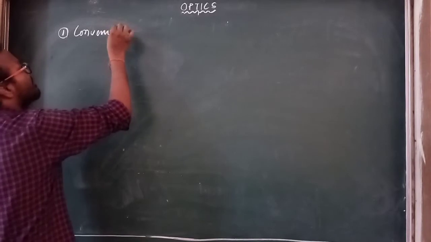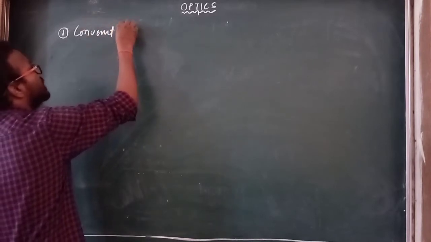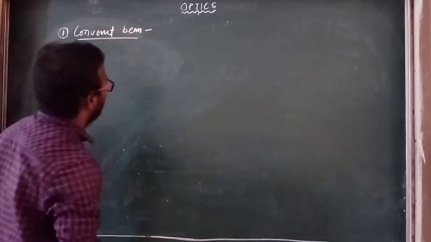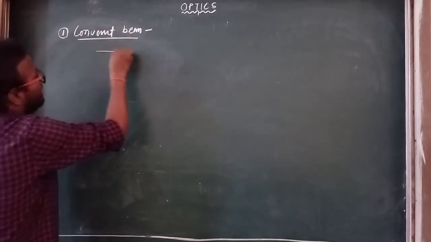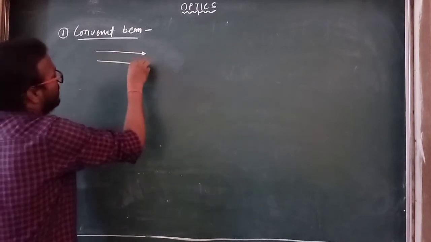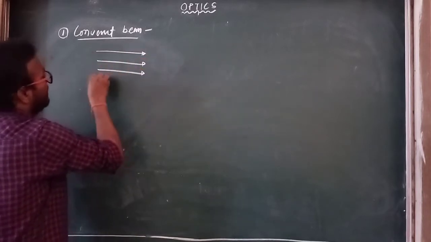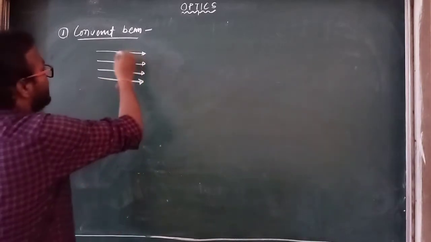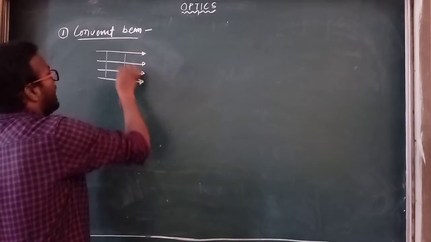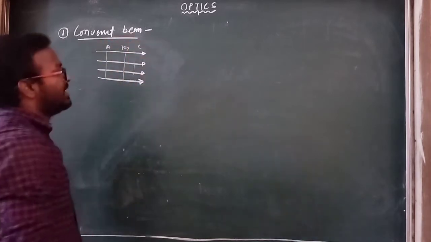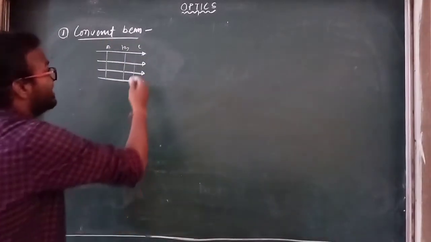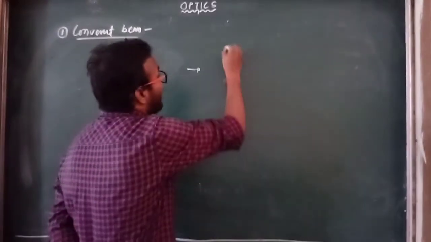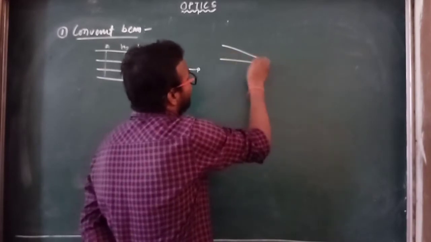Convergent ray, convergent beam or convergent ray. Look at this diagram here. These rays are parallel to each other and they propagate in a medium, and the widths at point A, point B, and point C are equal when these rays proceed forward. But if these rays are like this,